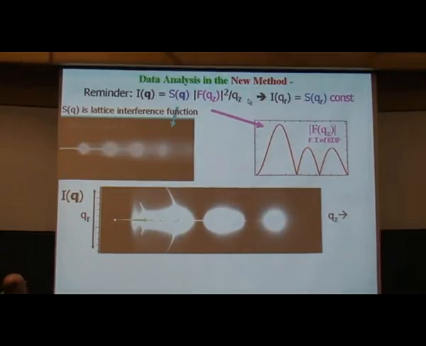Now, the problem here is I have data which depend upon two factors. How on earth do I get either of those factors from something which is only the product? And the answer is I have direction, I have orientation to help me. This one depends upon both QZ and QR, but this one only depends upon QZ. And so if I go in the QR direction, this one is a constant. So if I go in the QR direction, I can learn something about S of Q.